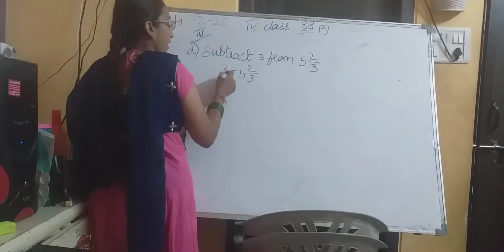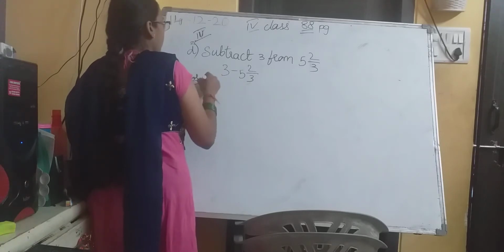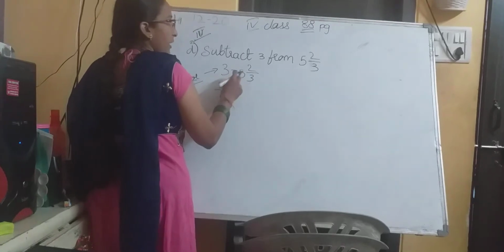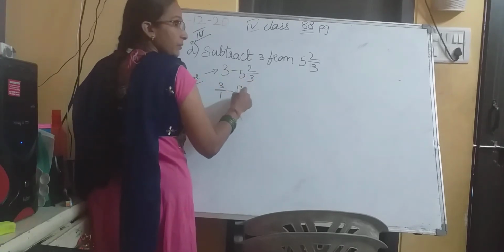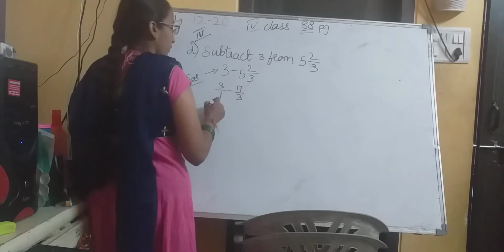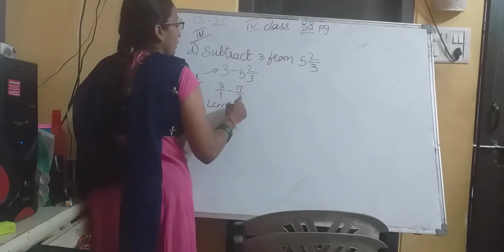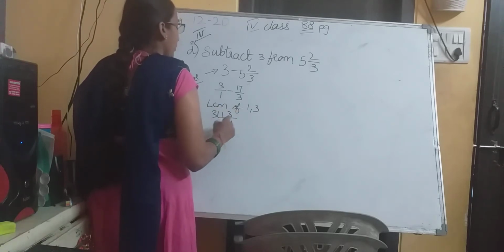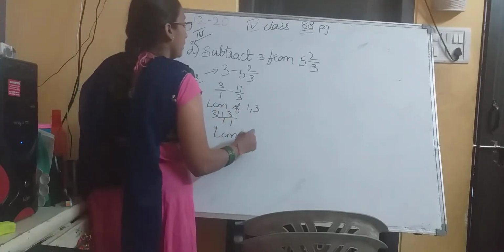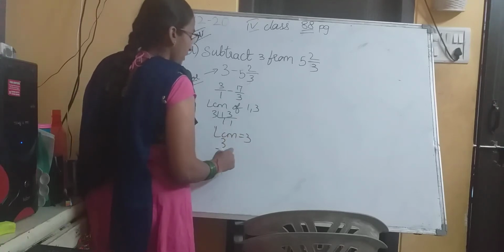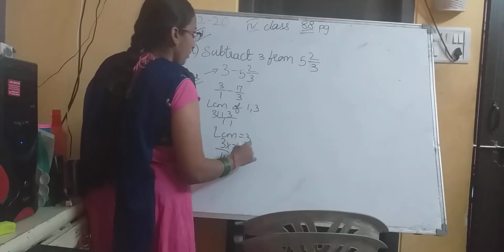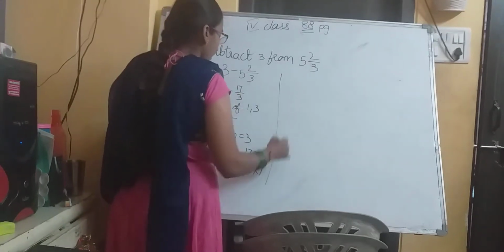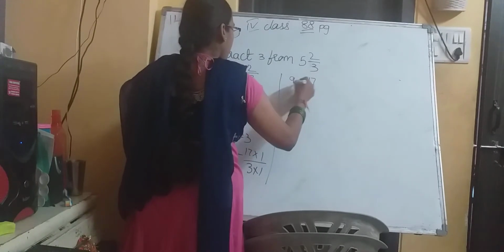Now you don't have anything under the 3. 3 by 1 minus, 5 3s are 15, 15 plus 2, 17 by 3. Now LCM of 1 and 3. LCM is equal to 3. Now 3 by 1 into 3 into 3 minus 17 into 1 minus 3 into 1. That is nothing but 9 minus 17 by...